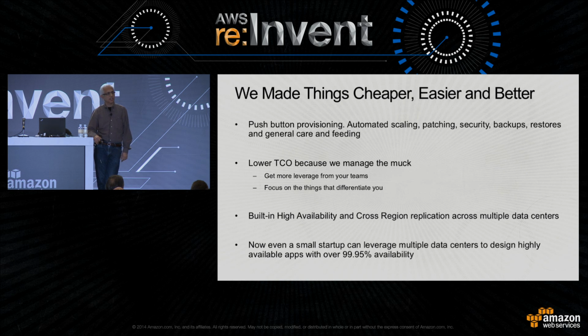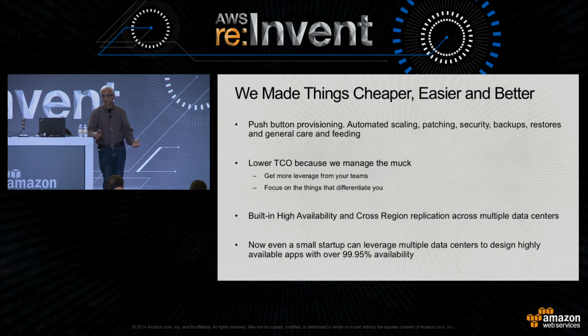But in the case of RDS, we've gone further than that, and we have built-in high availability and cross-region replication. It's a feature that we call Amazon RDS Multi-AZ, which allows you to provide much higher availability than you can get with a single instance database. And in fact, this is something that maybe as a large company, you have the wherewithal to do, especially if you're using a commercial database where they have things like DataGuard in Oracle, and SQL Server has mirroring and so on, which will allow you to do it.